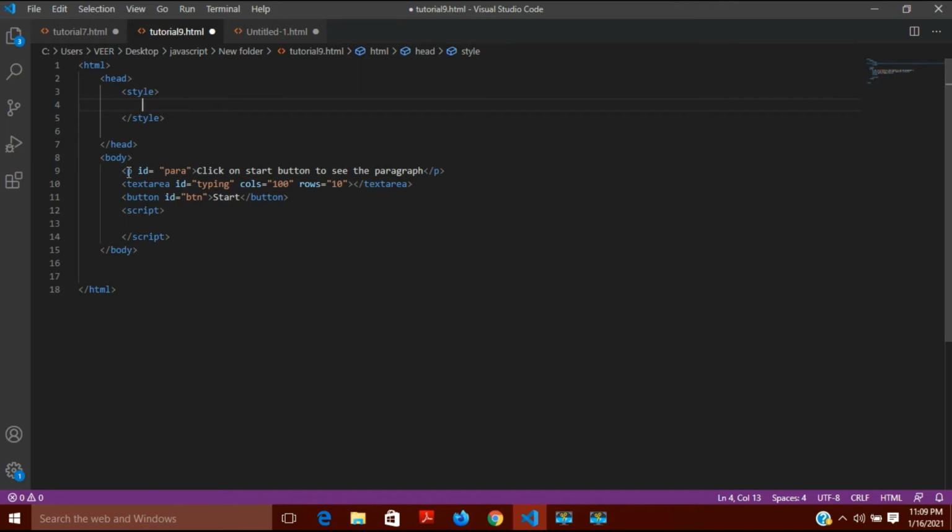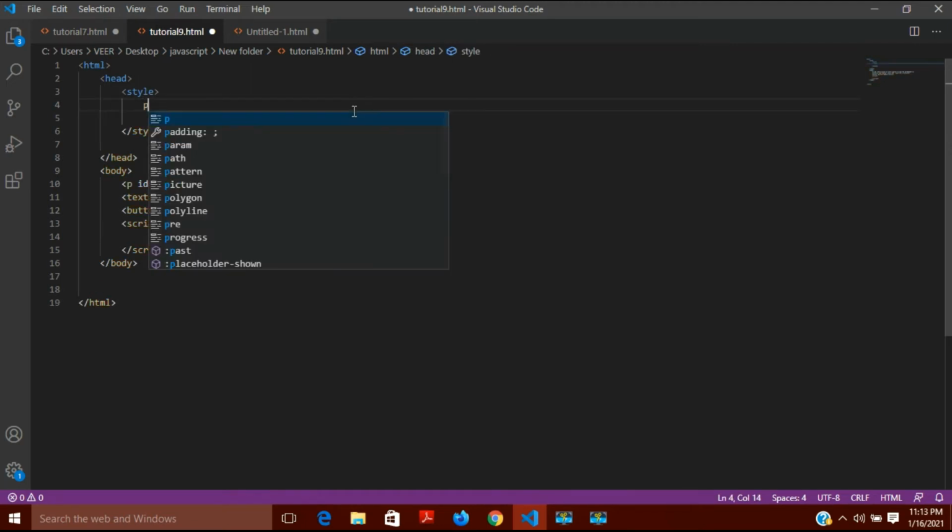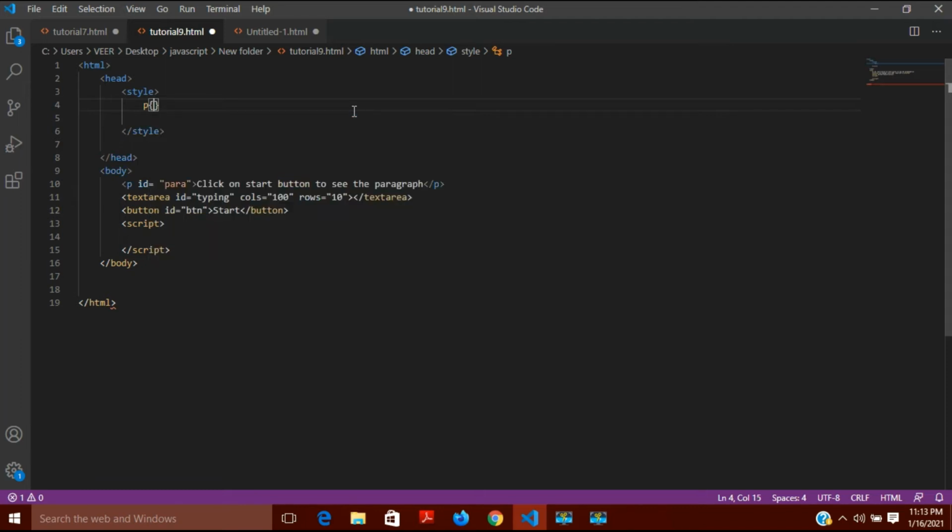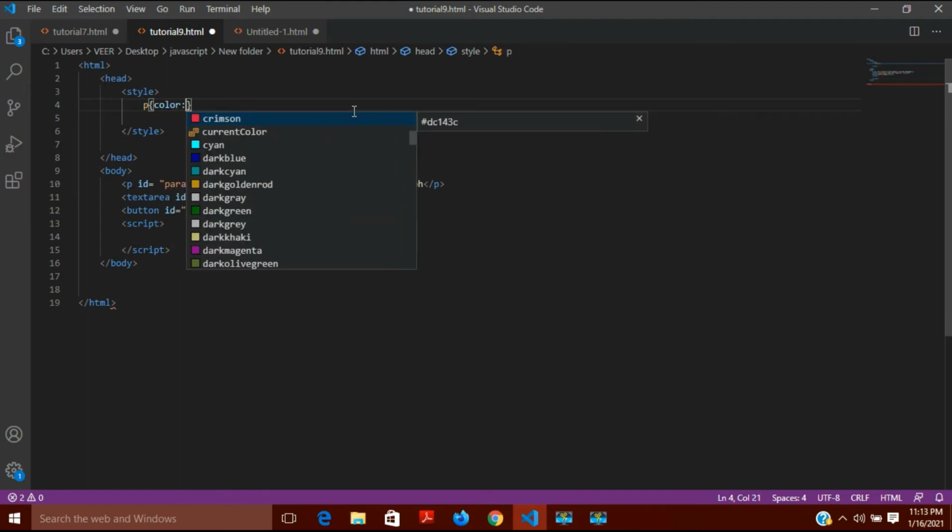First of all, let's give a style to the P element. So here P is used, and after this with P I will write a curly bracket, and inside that curly bracket first of all I will give the color to the paragraph. I will write color, and after this I will give any color to it.